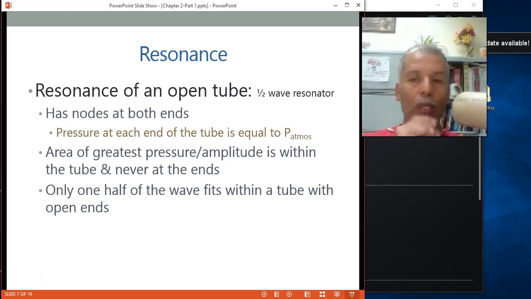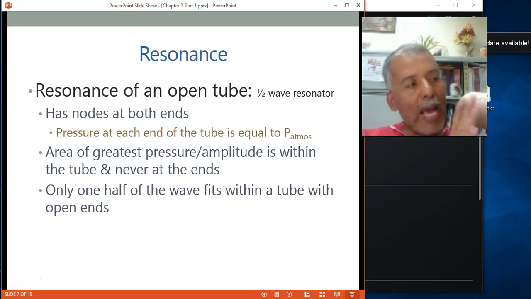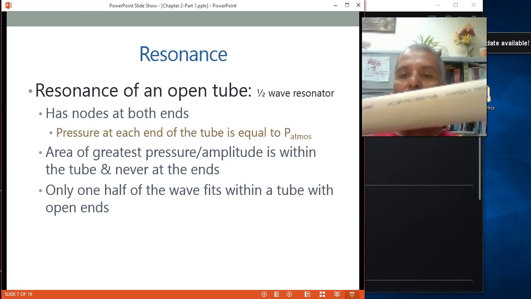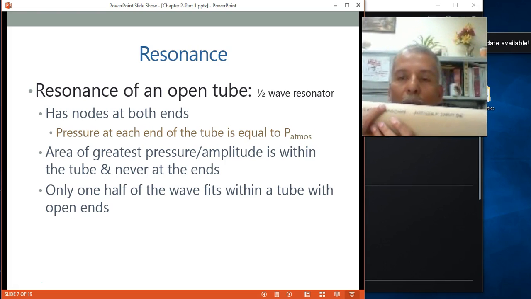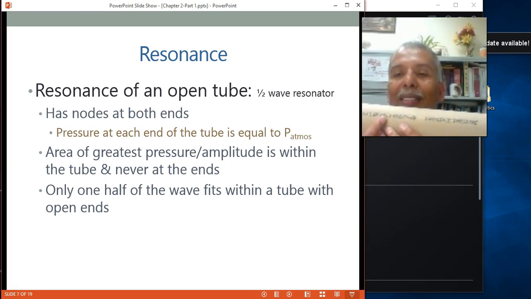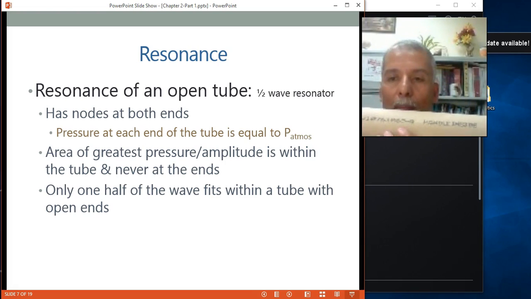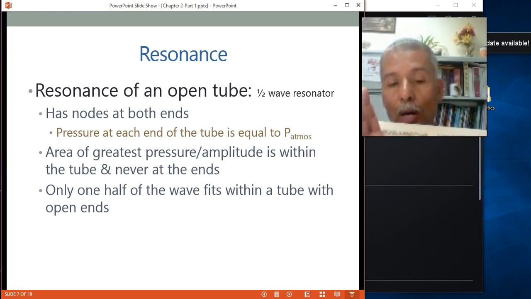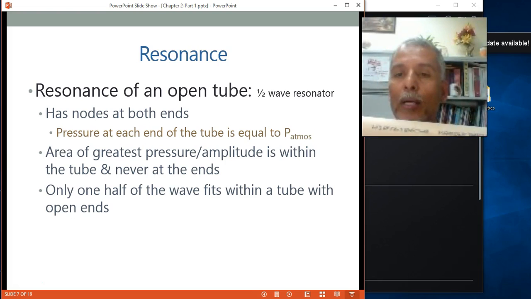Now I made the tone and let it play. The air inside, first it's going to make a half wave compression, and the second time it's going to replay that. But the second time it will make a full wave. That's going to fit through the entire tube. The wave will be shorter. Remember, harmonics. The first one is going to be twice as high as the original. So twice as high. This is half.